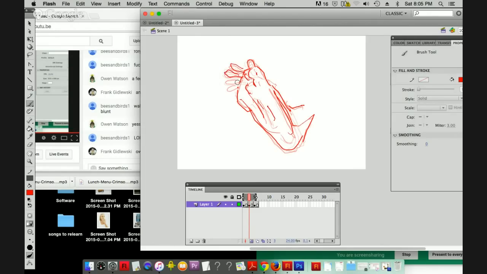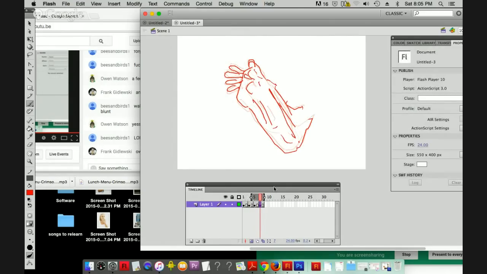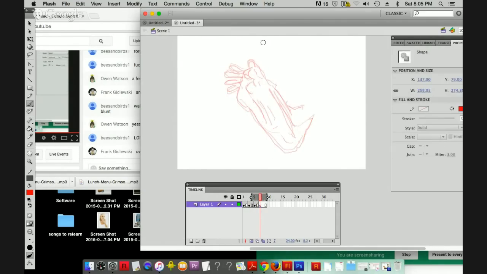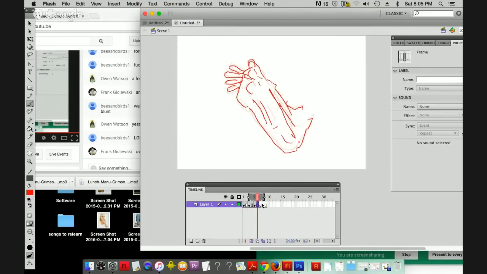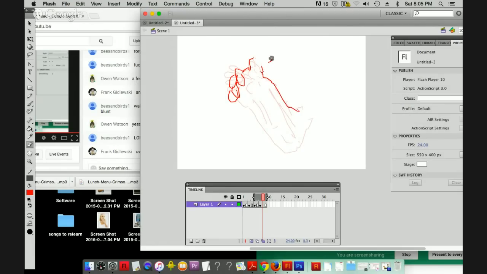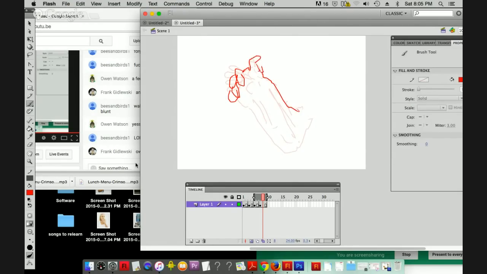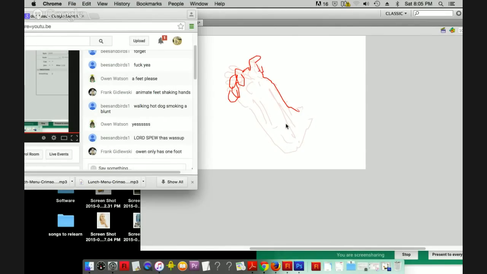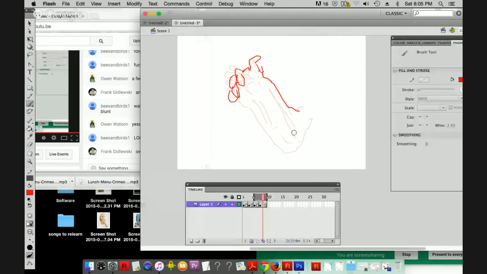Can anybody suggest anything else other than wiggling your toes for this foot to do? Because what we have now is you have your toes scrunch up, and then you have this one kind of bend backwards. And so what you have is this foot,